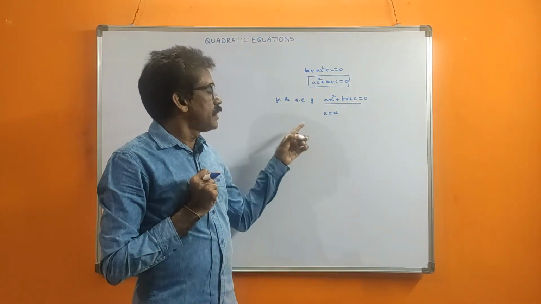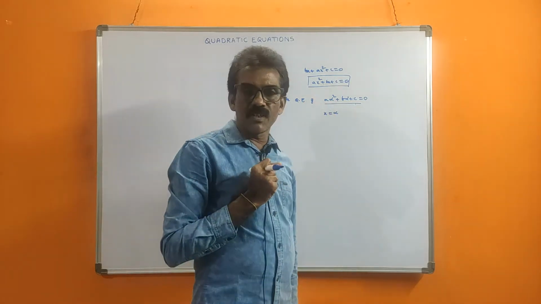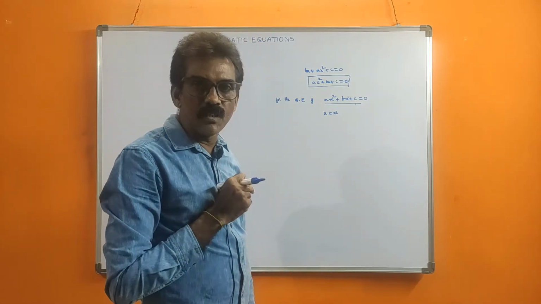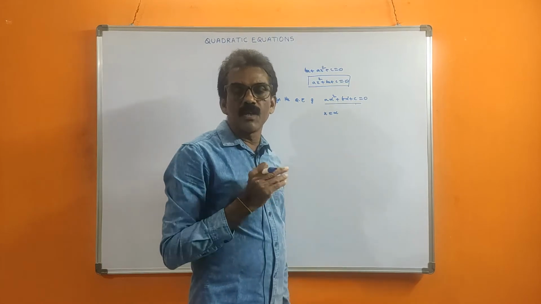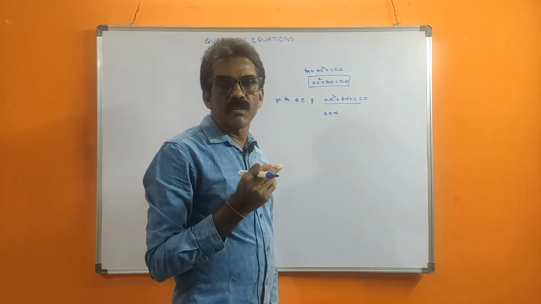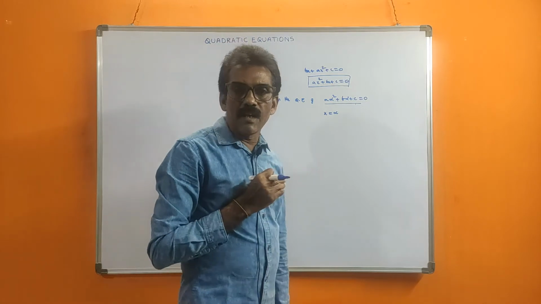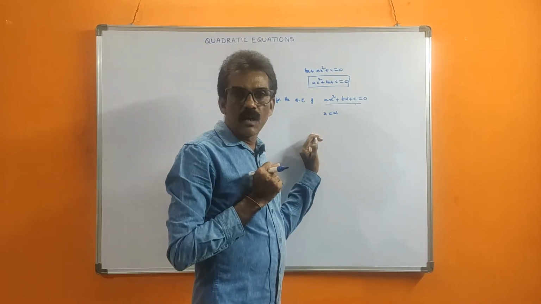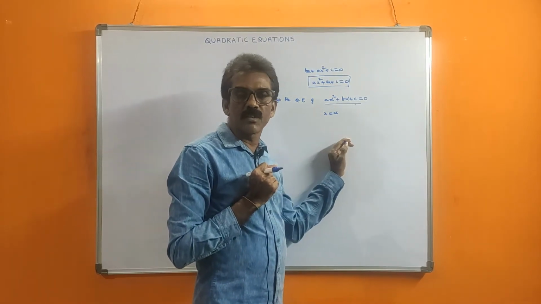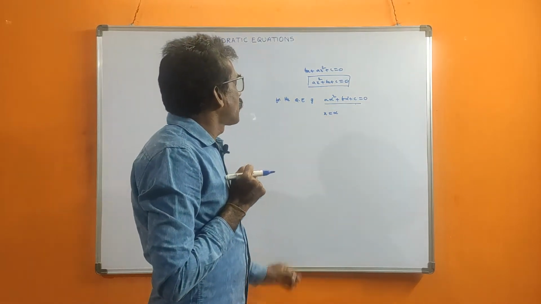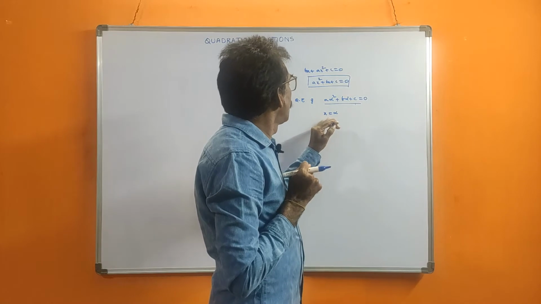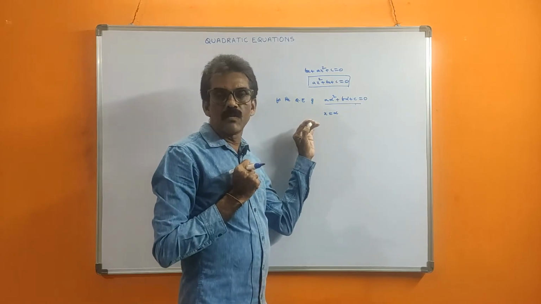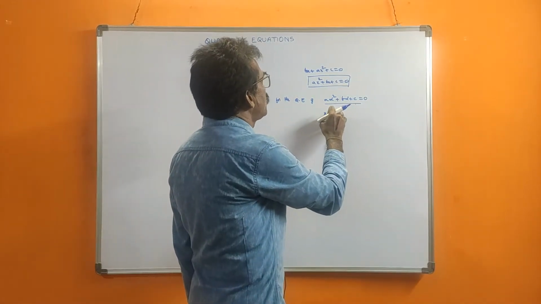So the x values of this quadratic equation are called the roots of the equation, or zeros of the equation also. Zero of the equation or root values are the same words. If asked to find the roots or the zeros of the equation, we should find the x values. Now, for which value of x this equation is satisfied, that value is called the root value. Now x is equal to alpha, here alpha is the root value.